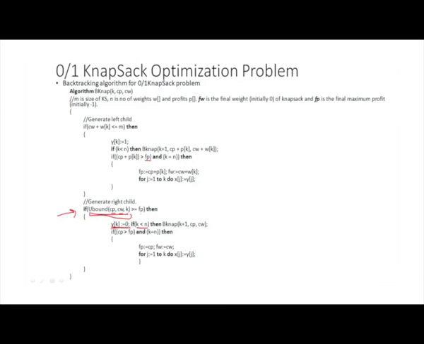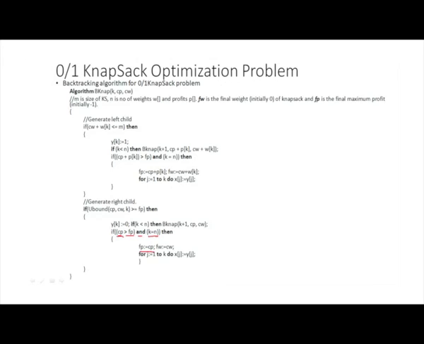Again, if we have not exhausted all the items, if there are still certain items left, then we obviously need to make another call to the bnap function for the next item, with no change to the current profit and no change to the current weight, because we have not considered the kth item, as you can see. So, the new call to bnap would be for the next item with unmodified profit and unmodified weight for the current node. Once we get back from the call, if the current profit is greater than the final profit and this k is equal to n,